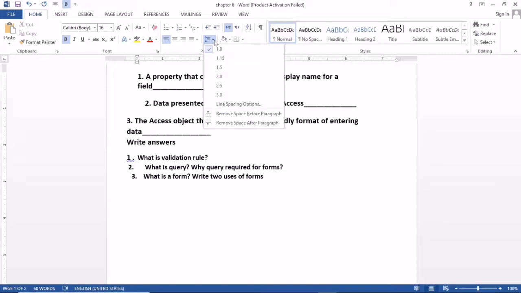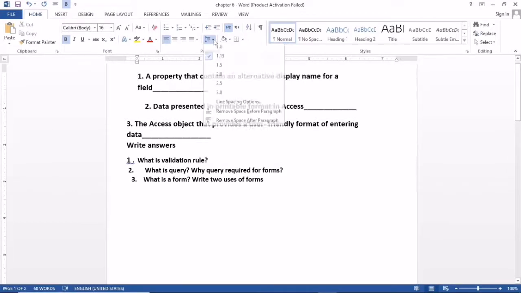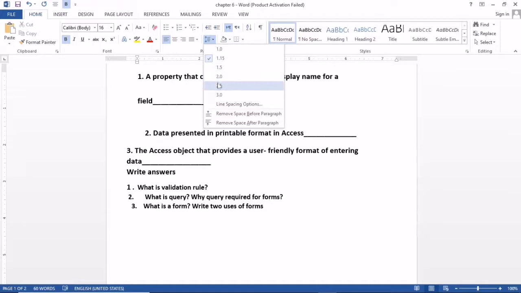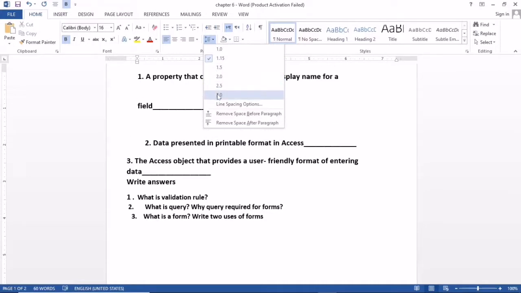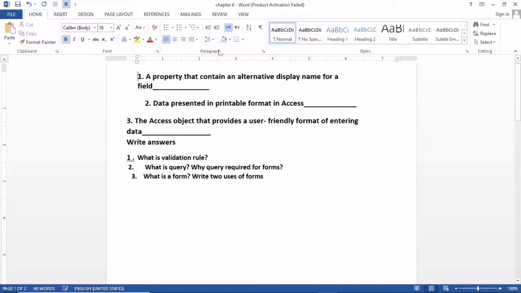Click here. You can see this is already the default setting, set by the programmer who made this, 1 inch between these lines. If I click on 1.5, you can see this gap is increased like this one. If I change this, the gap between the lines is increased. Okay, this is up to you, or select this one. Now the second one is for the line spacing.